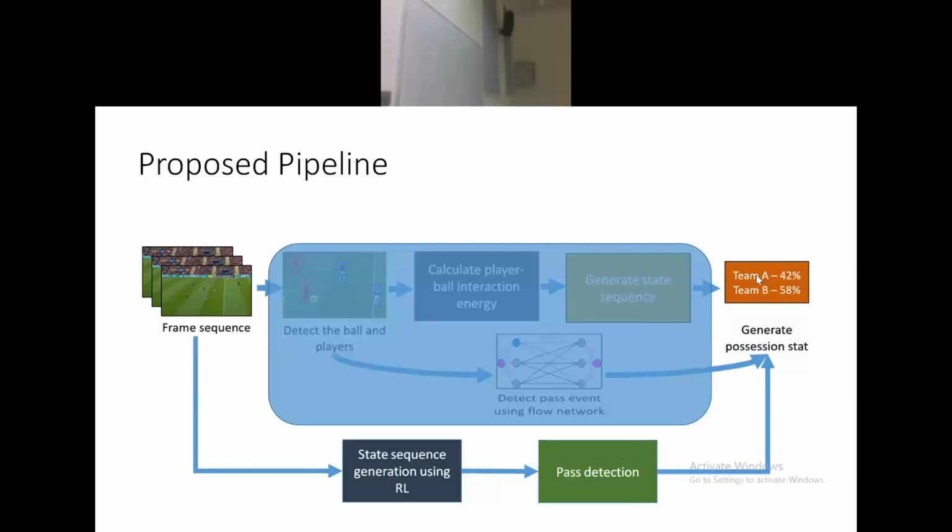So I'll explain what a state sequence is and how to detect a valid pass from the state sequence. When we use reinforcement learning, all these blocks are replaced by this. The advantage of this approach is that there is no need to identify the ball and players individually, because we have seen that from an image processing point of view, it's a real challenge to identify these nodes accurately